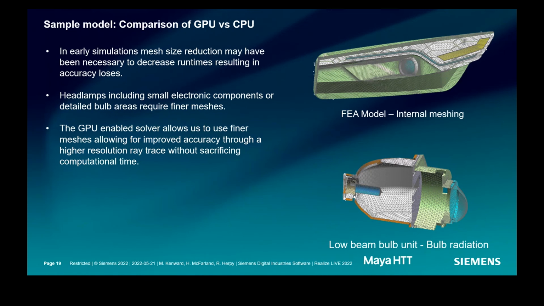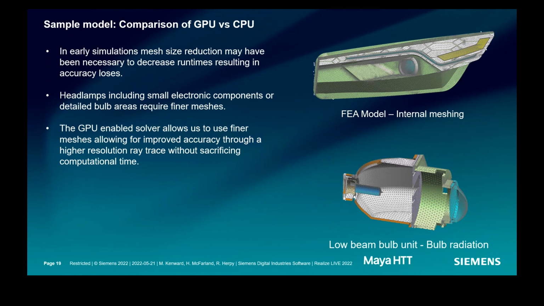So in the earlier CPU simulations, higher element quantities seemed to always increase the run times. So it wouldn't be uncommon for some early simulations to increase mesh size to reduce the elements. And when you increase those mesh sizes, you tend to lose geometrical accuracy of the surfaces that you're evaluating. So you might be sacrificing a little bit of accuracy for quicker solve times.